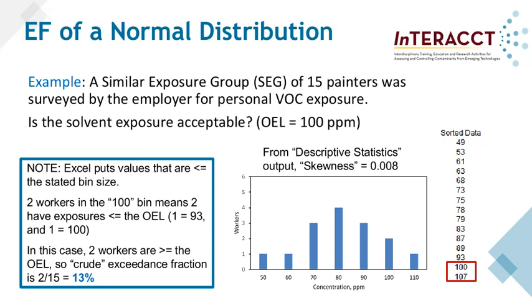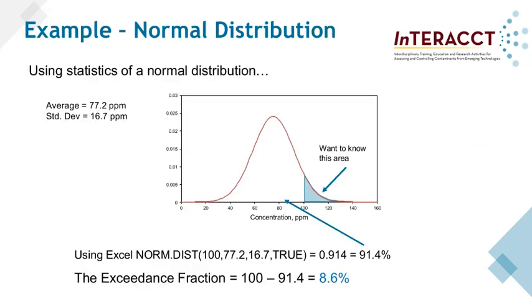Regardless, with 2 workers exceeding the 100 part per million limit, we can do the simple division of 2 out of 15, which is 13%. Therefore, we could say that the exceedance fraction is 13% of the workers. However, it is more accurate to think about the idealized normal distribution of the population of workers. In that case, we can compute an average of those 15 values, which is 77.2 parts per million, and a